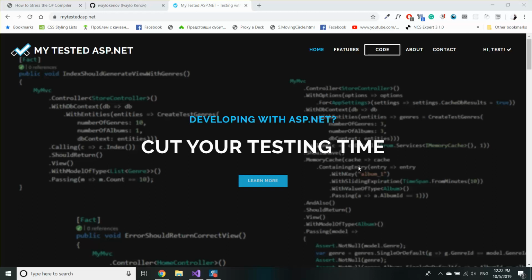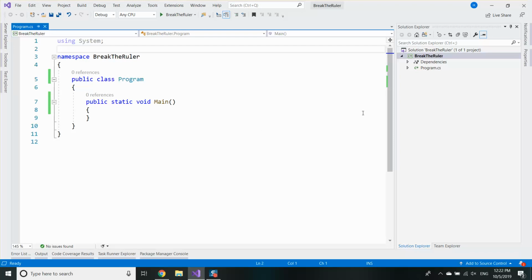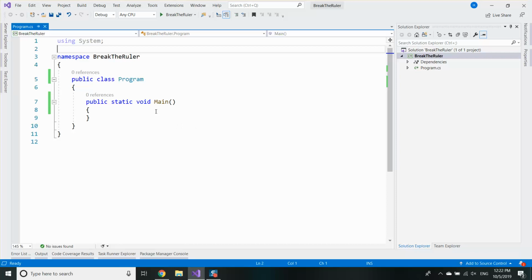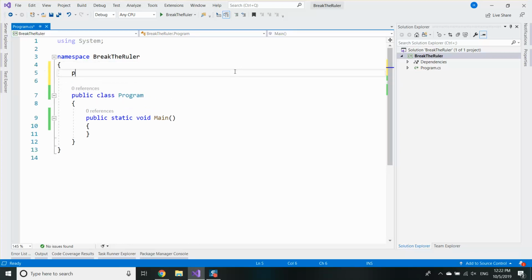Recently I found a simple way to break the C# compiler and I decided to share it with you. Okay, I have created a Break the Compiler C# console application and it's actually quite easy. Fortunately, you will not find such code in a production ready application, but nevertheless it's quite funny. So what we need to do is to exploit the generics, and I will write a